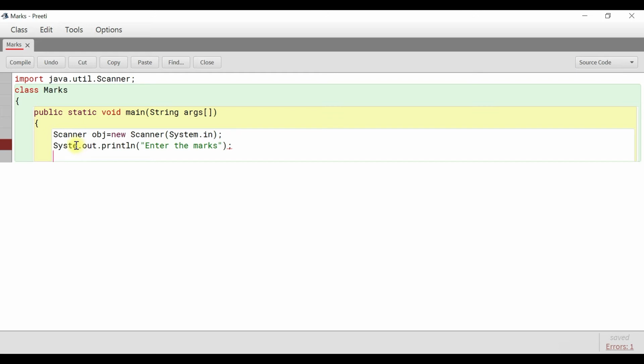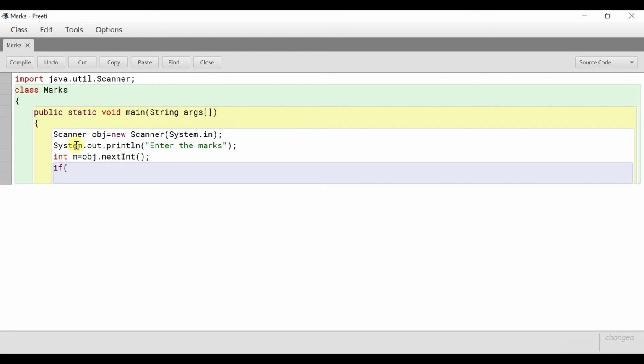System, the m is missing. Fine. Now we will read the marks. We'll take a variable m of int type, then we will use the function nextInt to read the marks.